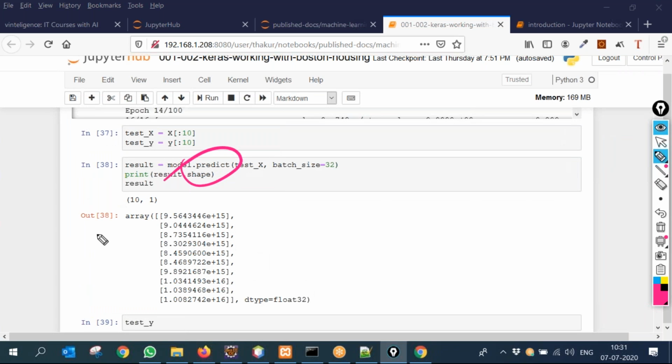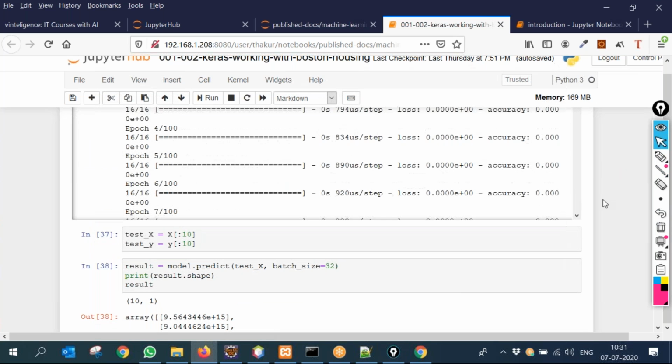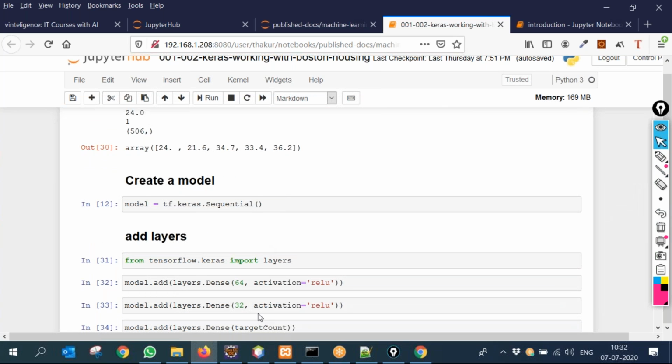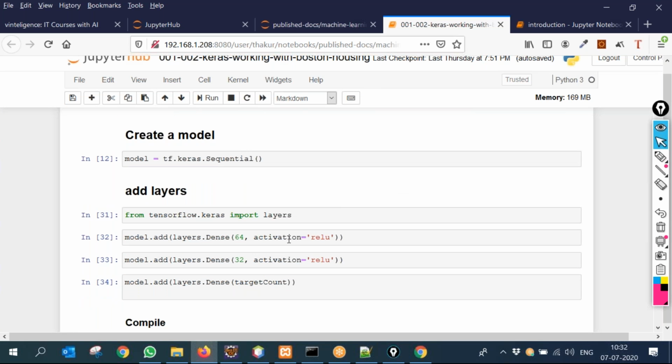It is so easy. Believe me, why is it so dangerous? Suppose this is housing data. If I bring pictures and tell it to classify, it will do that also without changing any line of code. I don't need to change anything. If I give text and tell it to classify, it will do that also. If I tell it to detect spam, it will do it.